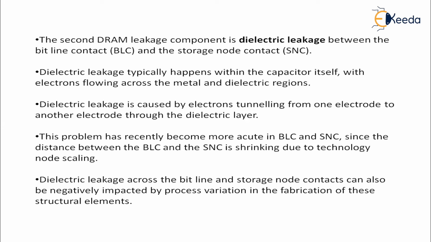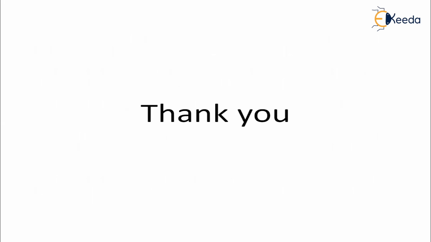This gives rise to a lot of leakage current in my DRAM. Because of the leakage current, my device may go into an off state even though your MOSFET is working effectively. So a lot of process variations during the fabrication have been taken care of just to avoid these leakages. So this is all about the leakage current that is flowing in your DRAM. In the next video, we shall see the refresh mechanism of DRAM. Thank you.